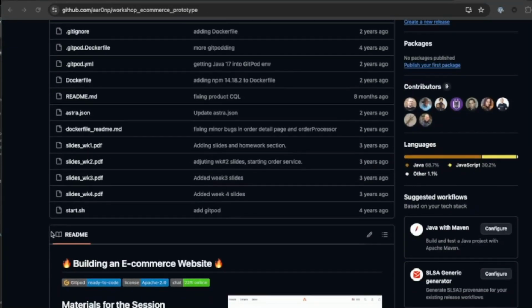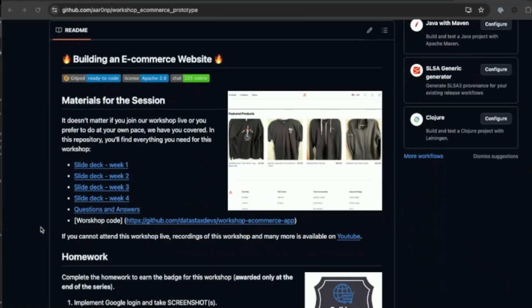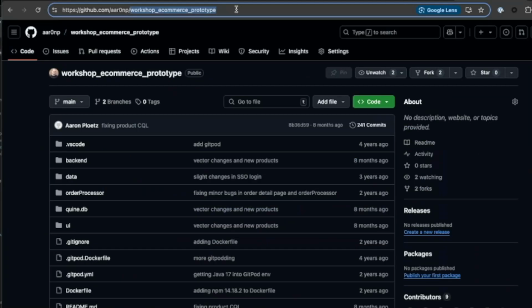So here's our GitHub repository from the old workshop. I have forked it into this repository called Workshop E-commerce Prototype, which is an area where I experiment with trying out new features and new aspects of the Data API and other libraries that we have at DataStax and other ways that we can work with things like AstraDB.